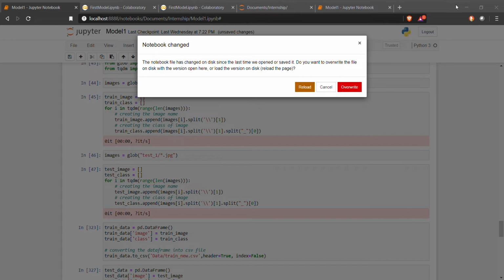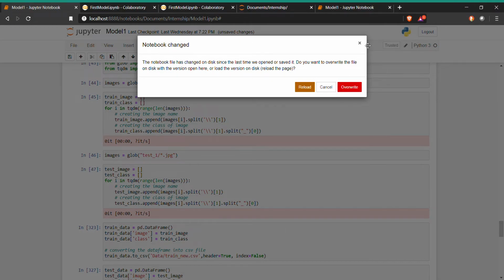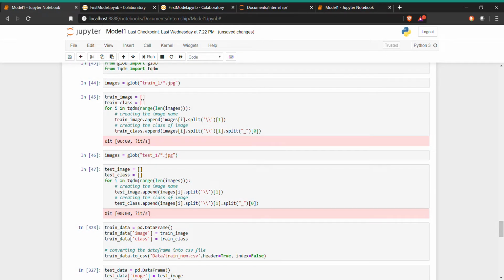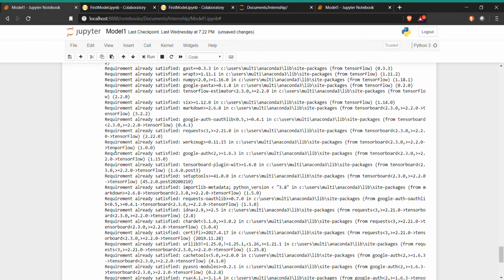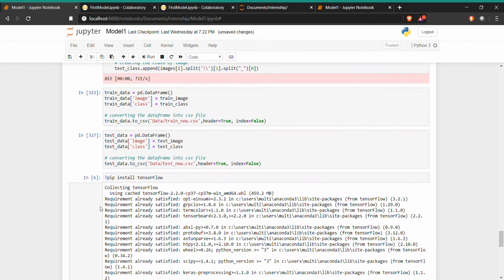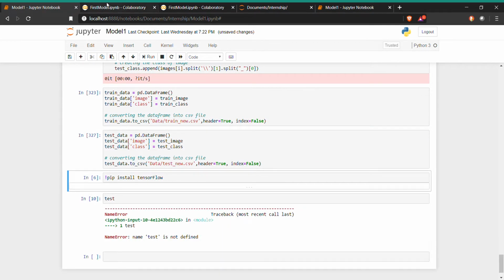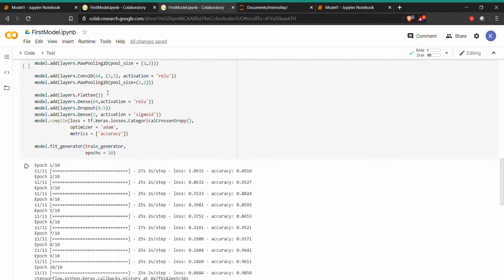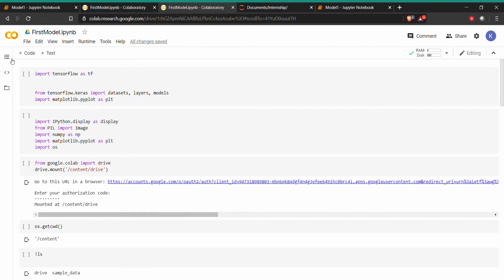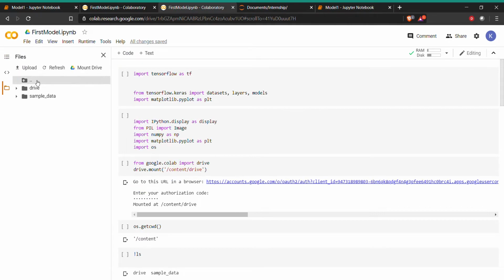Now, since my laptop has an AMD graphic card, in this Jupyter I can't download TensorFlow on my laptop. So I'm using Colab for this. We have the data, and we'll put this data into the drive.